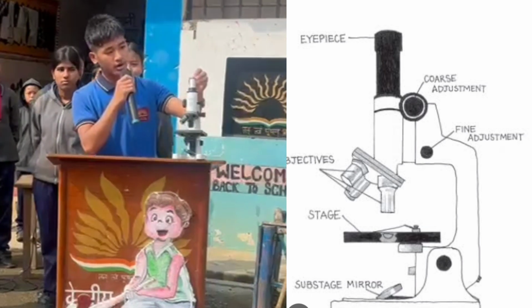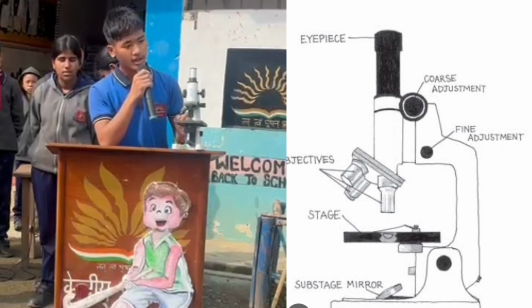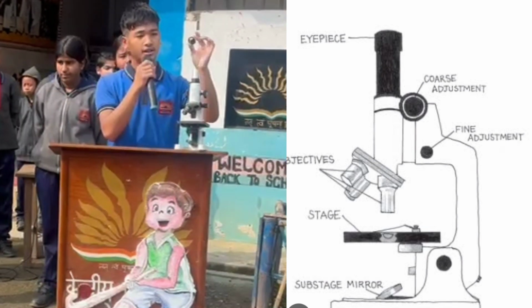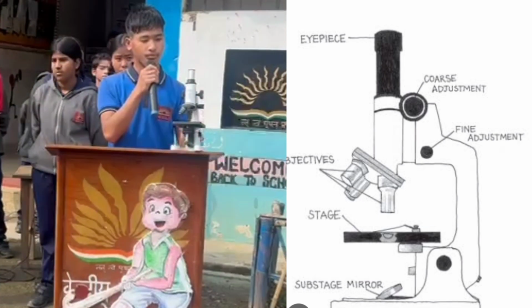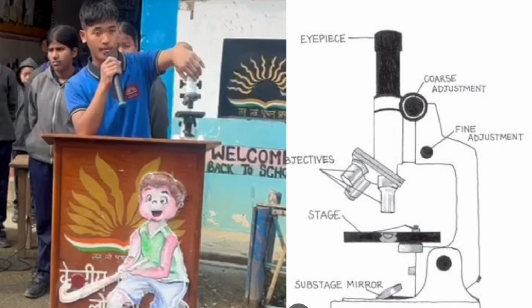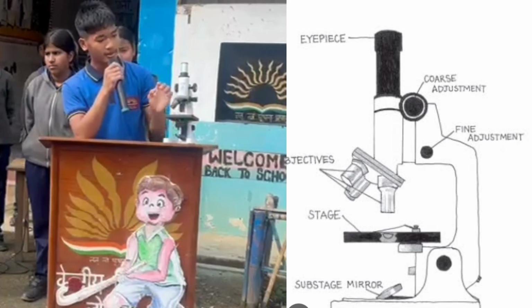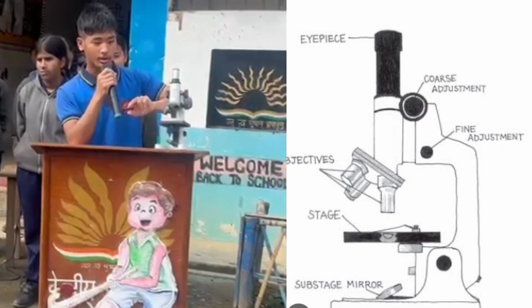So now the topmost part of the microscope is the eyepiece lens. Its function is very simple. The viewer looks through this, and it can be replaced with a camera. We can insert a camera here also. The next part we have is this tube-like body called the body tube, and its function is very simple. It is an internal sleeve, and it keeps the eyepiece and rotating nosepiece in place.